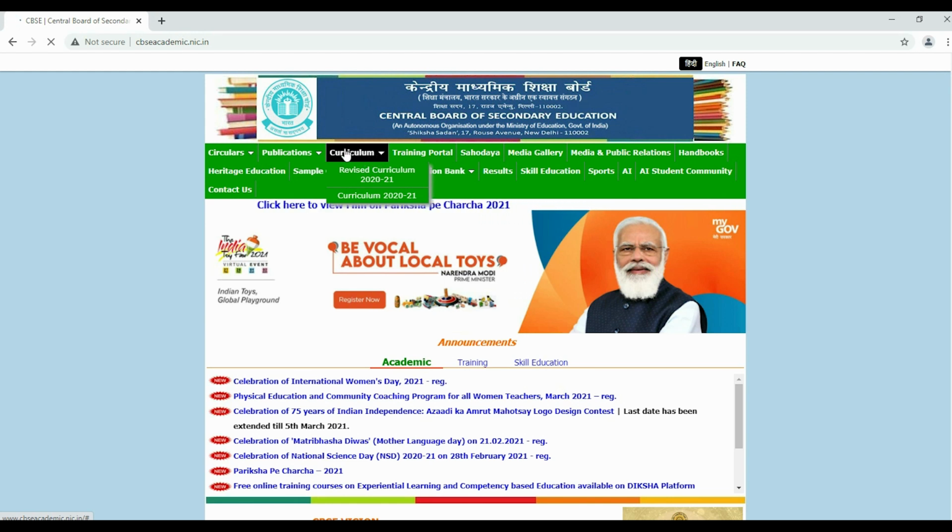When you hover over this tab, you see there are two curriculums being reflected here. One is curriculum 2020-21, the other one is revised curriculum 2020-21. After the lockdown, when the COVID pandemic started, the curriculum was revised. So we will click here.